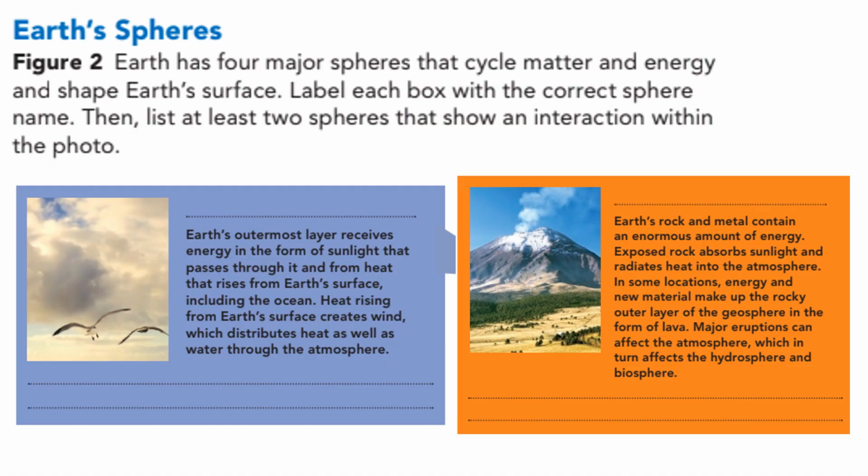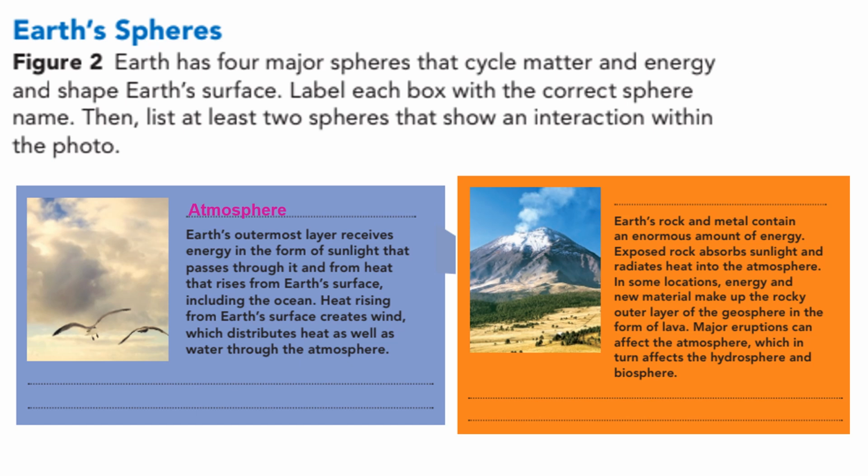Going into more detail about Earth's spheres. So Earth has 4 major spheres that cycle matter and energy and shape Earth's surface. We're going to label each box with the correct sphere name, then list at least 2 spheres that show an interaction within the photo. So over here to the left, with this picture of the clouds and the birds, we